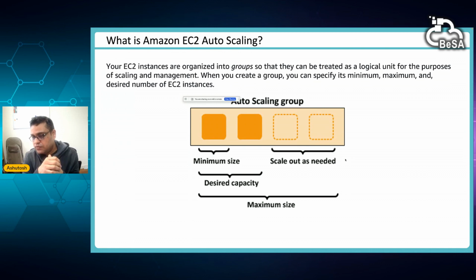Because suppose our customers are increasing and we are hitting more traffic and we have limited it to 4 instances, and if these instances are overwhelmed, then customers will have a bad experience because new requests might be dropped, right?